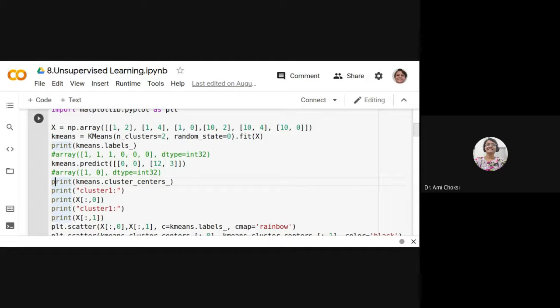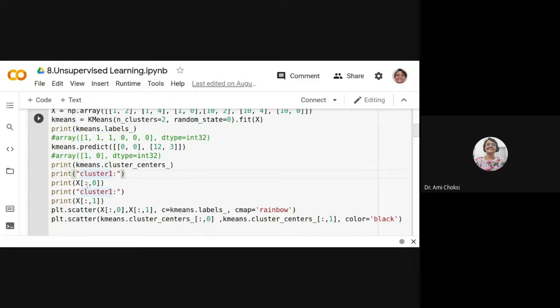But for this particular algorithm, with kmeans.cluster_centers_, it will give us the center, right? Okay. So we'll be printing that using X[:, 0] and X[:, 1], right? With that, we'll be able to print cluster 1 and cluster 2, right?